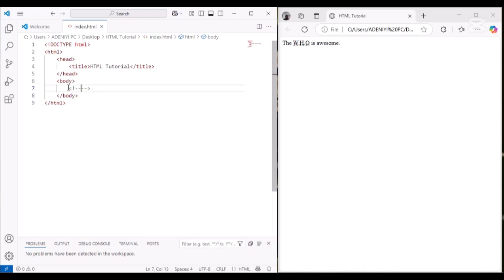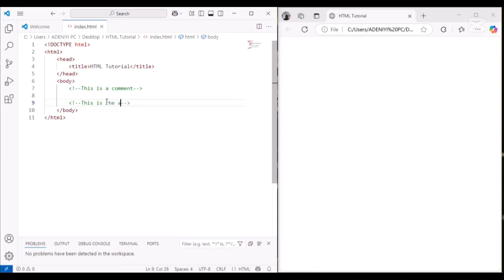Okay, it's actually completed for me, and I'm just going to call this "is a comment." If I save that and reload, it's not going to show here because it doesn't display, like I said earlier. So this is a comment tag. I'm going to be using a lot of comment tags to make notes to show you guys the different tags. So I'll change this from "this is a comment" to